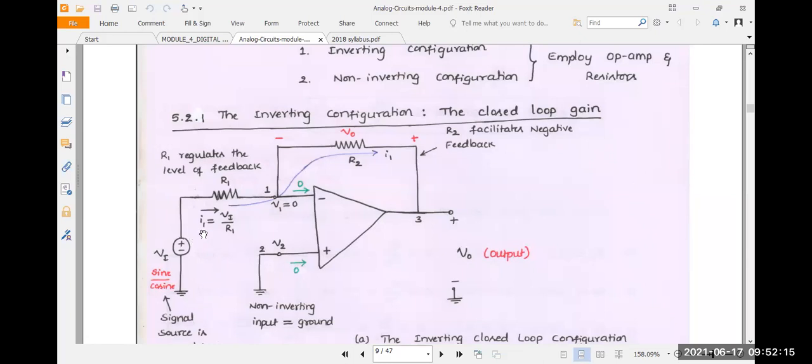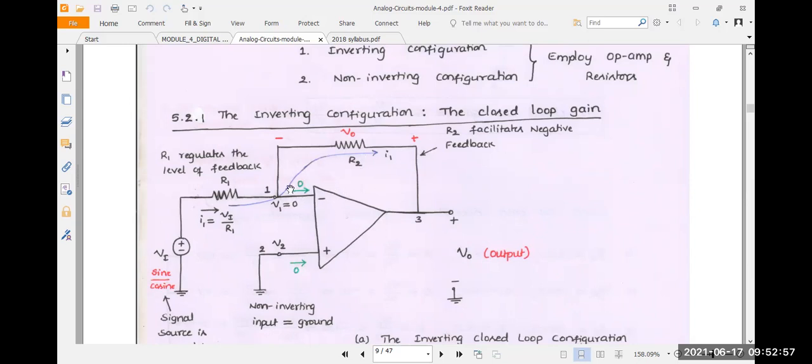Next, coming to the input side, what is the source voltage? It is an AC voltage. We apply the AC source to the V1 terminal using the R1 resistance. R1 is an input resistance; it limits the voltage and current from the input source. Understood? The current divides at the V1 terminal. Some of the current goes to the op-amp and some goes to the R2 resistance. The current across R1 is I1, and the same current I1 flows through R2.